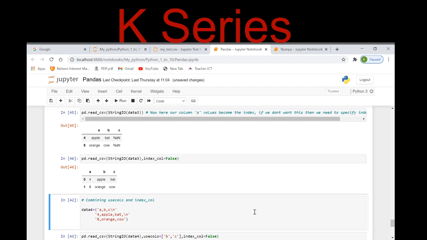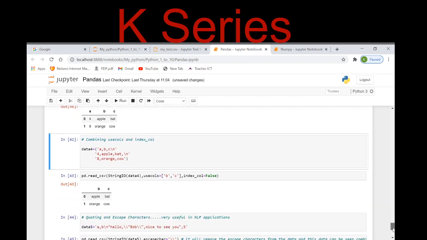Okay, now moving to next cell, combining use columns and index columns. Again, I have taken the data and I am reading it. Let me execute this data first. Now I am reading it as a CSV file through string IO. Again, I have used use columns.